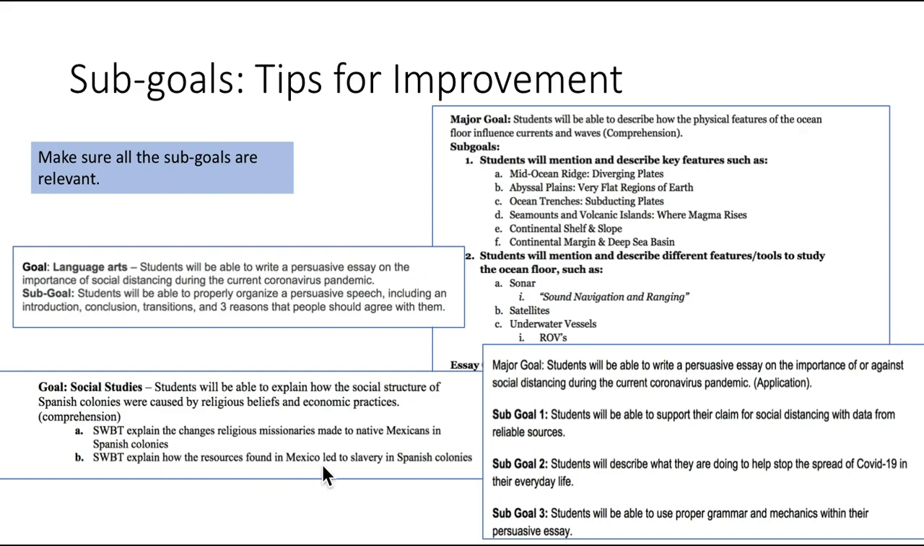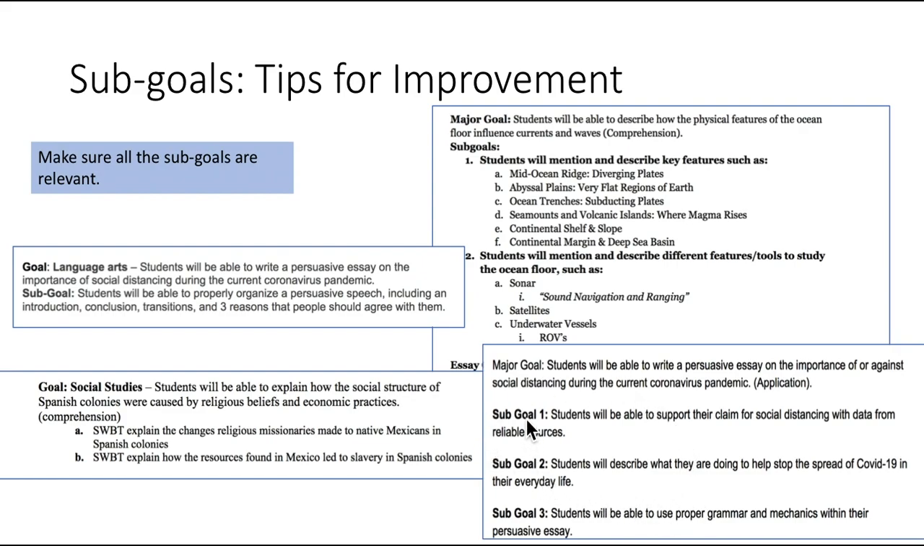This one's closer, or maybe even right on. Explain how the resources found in Mexico led to slavery in the Spanish colonies. So when you're thinking about the plantation economy, right, you need slave labor for that in order to make it as profitable as possible. In this one here,